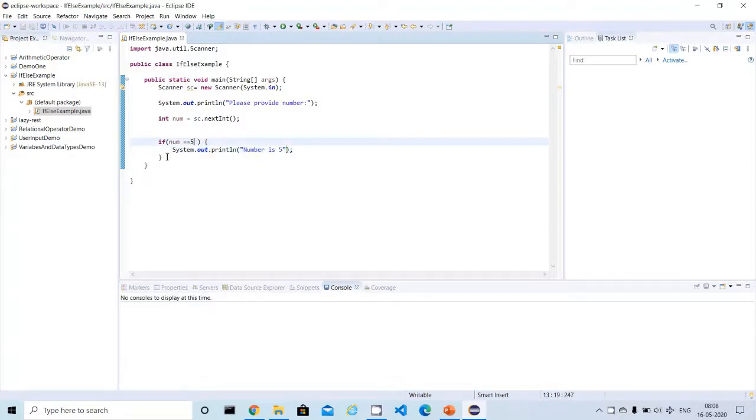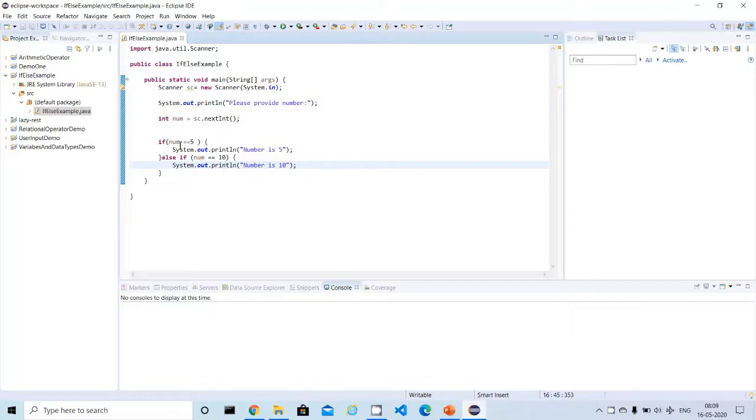to the user. Say for instance the user has not provided 5, but provided something else. So I'm looking for else. If another condition is possible, check. So here I'm going to write num equal to 10. This is the way I can check all possible conditions. Accordingly, I am going to display the corresponding results to the user.